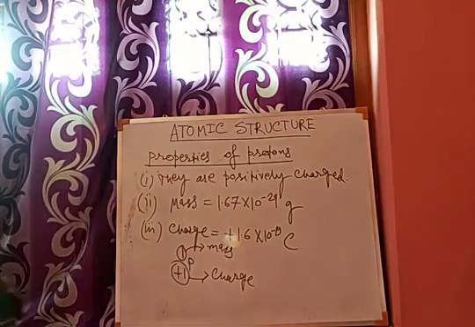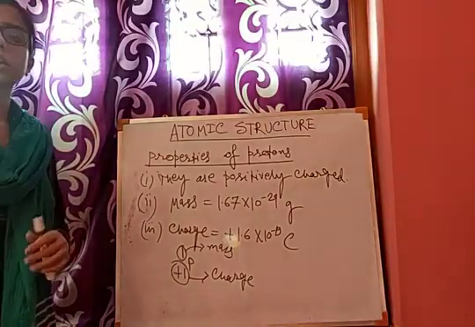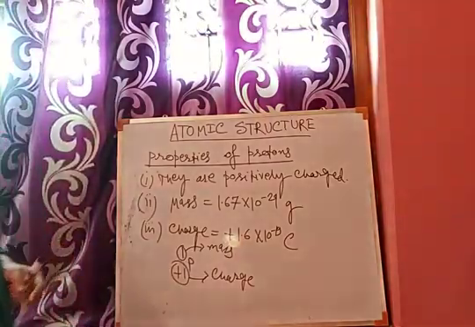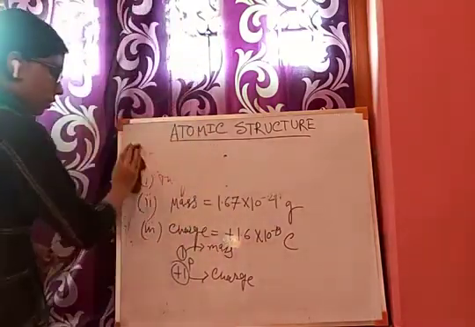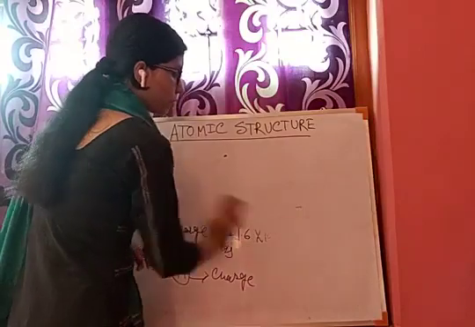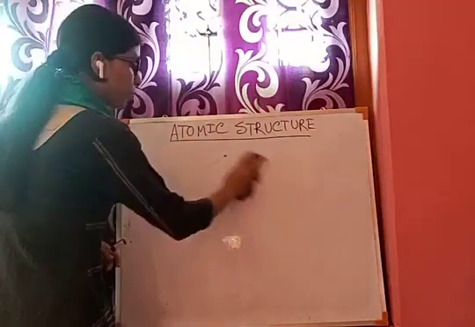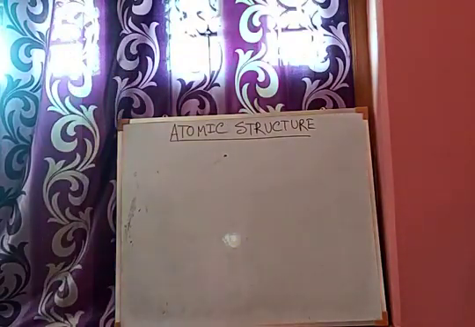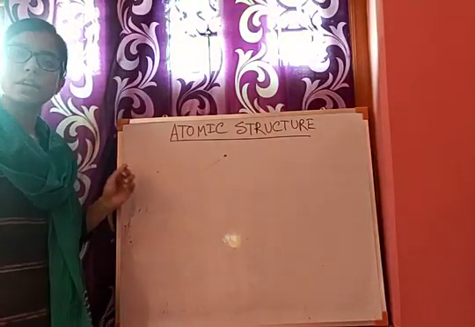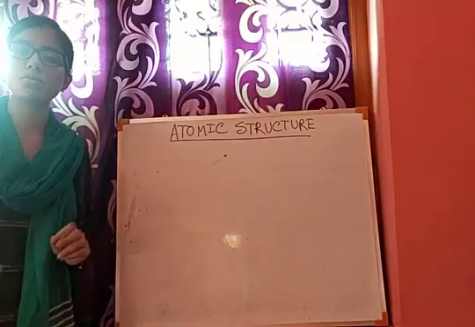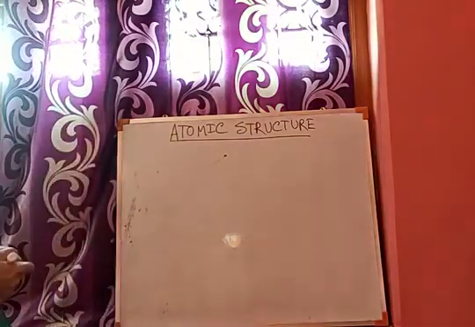Now, after the discovery of electrons and protons, J.J. Thomson gave a model for the atomic structure, and that is known as plum pudding model. So far only the discovery of protons and electrons we have discussed. So the plum pudding model is given based on these two subatomic particles, electron and proton. Based on these two subatomic particles, the structure of atom is given by Thomson, and this is known as plum pudding model.